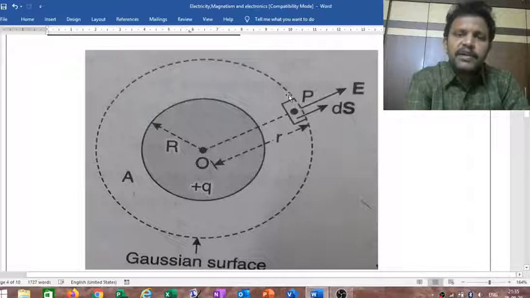First of all, we determine the electric flux through ds area. We simply calculate it and we get the electric flux through the entire Gaussian sphere. Here we have two terms, E and ds. Here E is the electric field. As the electric field is formed due to positive charge, we pointed the electric field outward. And ds, this arrow mark indicates the outward normal drawn to the ds area. E and ds both are parallel. So the angle between E and ds is 0. So let us apply this case to Gauss law.